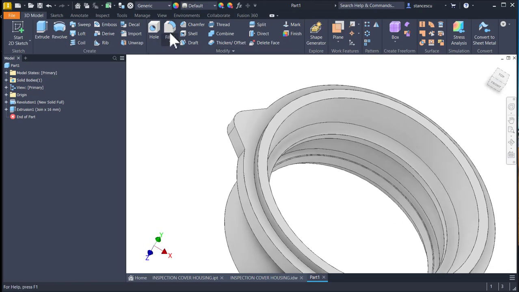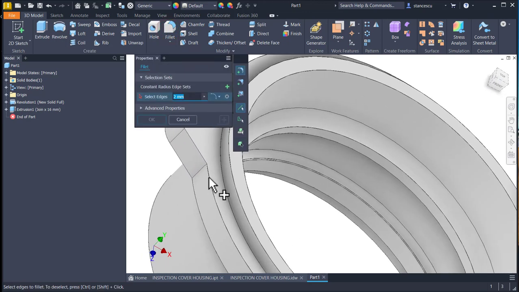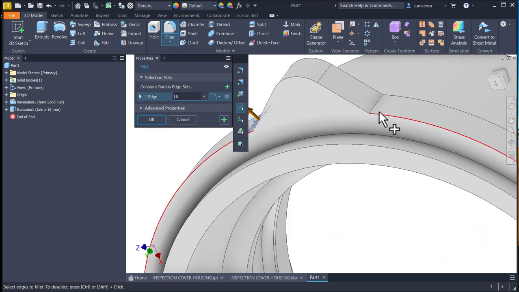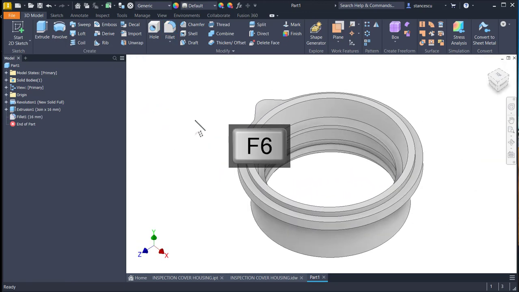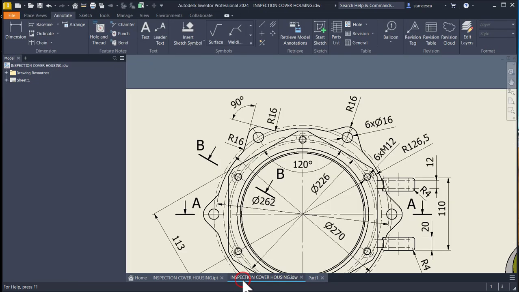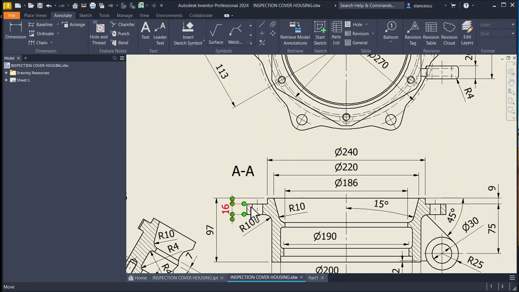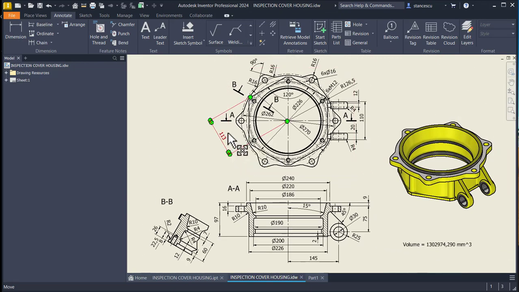Now I apply fillet of 16 to these two, 16 and 16. Okay, this is the 16 extrusion, and we have to place the